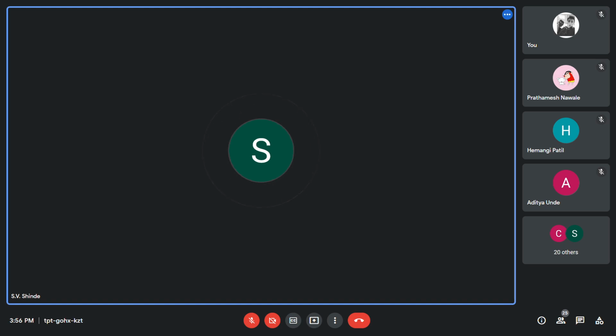Now shifting the end. So how to shift the end? End is equal to end 1, and finally print the list. We'll see whether we are able to merge the two lists, and finally we have to print with the same head. So our new head is nothing but your old head. So we have to use these three concepts.